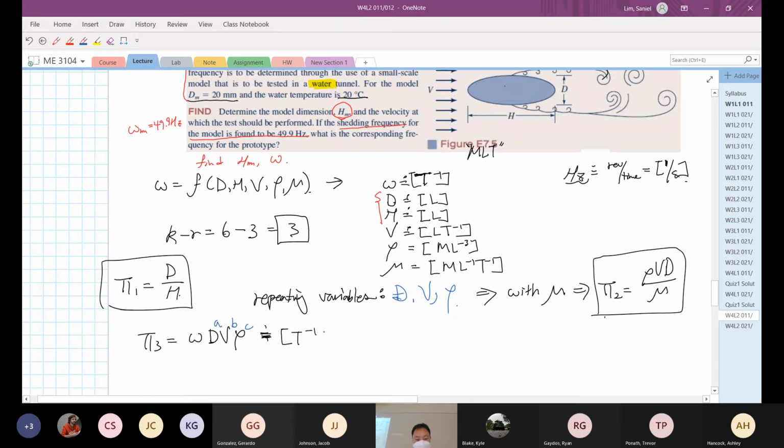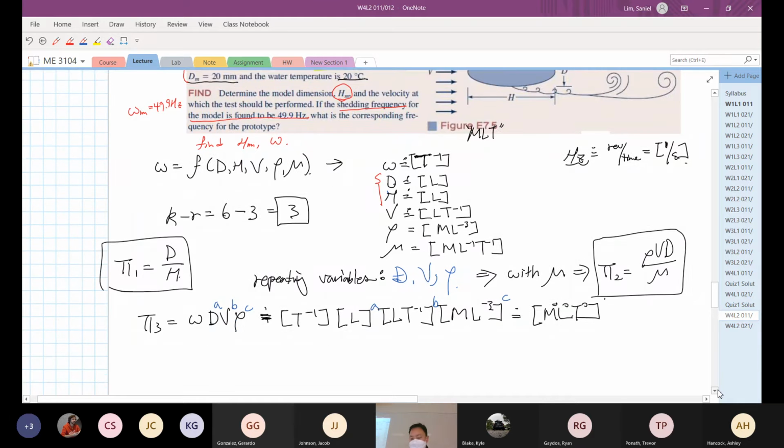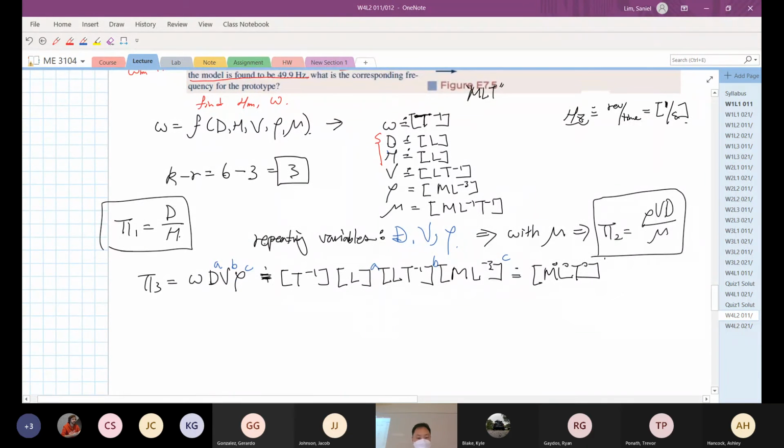Then we can just put all the dimensions here: L, LT minus 1, rho M L minus 3, equals M L T 0, 0, 0. You have a, b, c. So when you solve it,